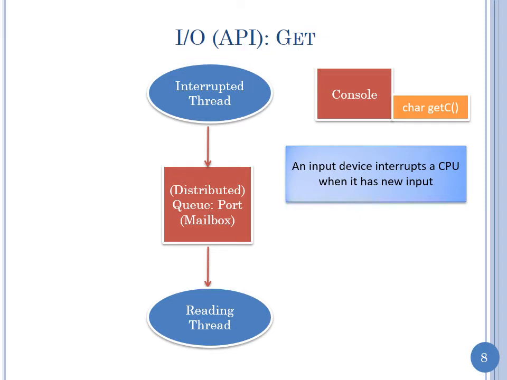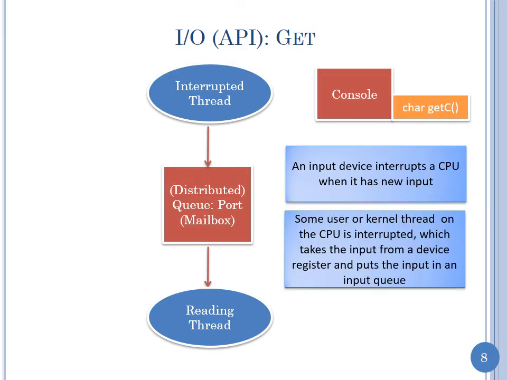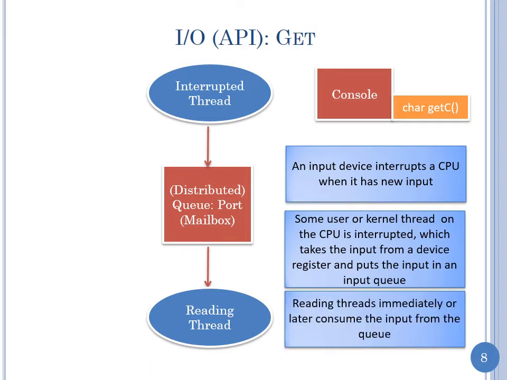So an input device interrupts a CPU. There might be more than one CPU, so I'm saying a CPU when it has new input. The thread that is interrupted might be a user thread, a thread in the application process running, or it might be a thread in the kernel, depending on the operating system, which takes the input from the device register and puts it in an input queue. The input queue is a data structure maintained by the CPU, not known to the device. The reading threads immediately or later consume the input from the queue. If the reading thread comes earlier, it gets blocked, waiting for the input to arrive, and when input arrives, it gets unblocked. And if the reading thread comes later,